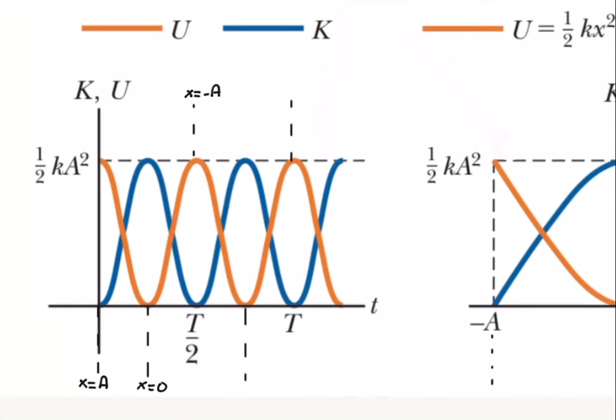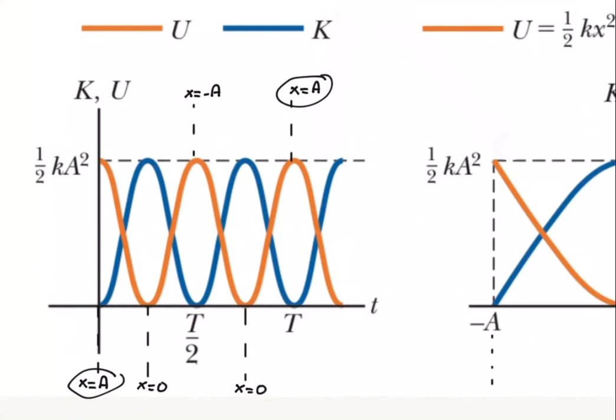At this point again I find that the potential energy is maximum. I feel the maximum restoring force ka, and the kinetic energy is 0. And then I go back to x equals 0. At this point the potential energy is 0, kinetic energy is maximum,